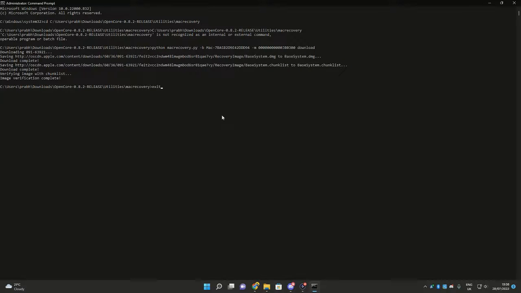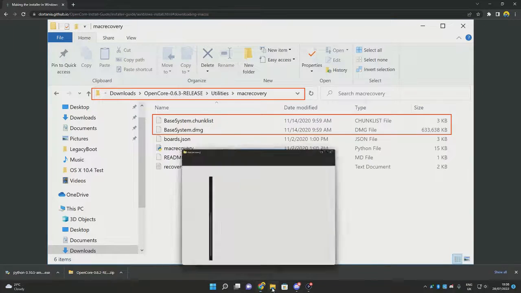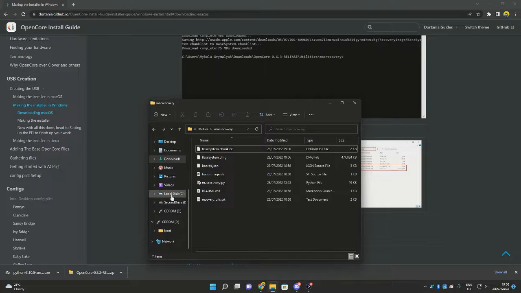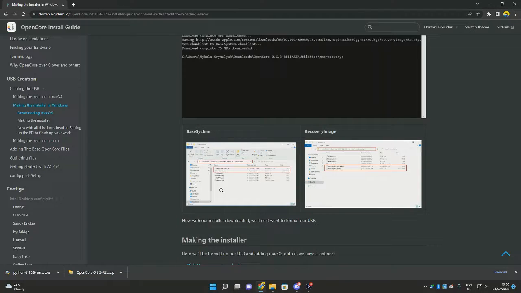So we can exit out of command prompt, by the way. Let's go back to File Explorer. Now, what I want to do now is prepare our USB for flashing by ISO. So, what I want to do now is install this program called Rufus. And what Rufus basically is, it allows you to flash ISOs and pretty much any type of disk image to a USB. No, we are not going to be flashing the base system.dmg to our USB, because that's not how